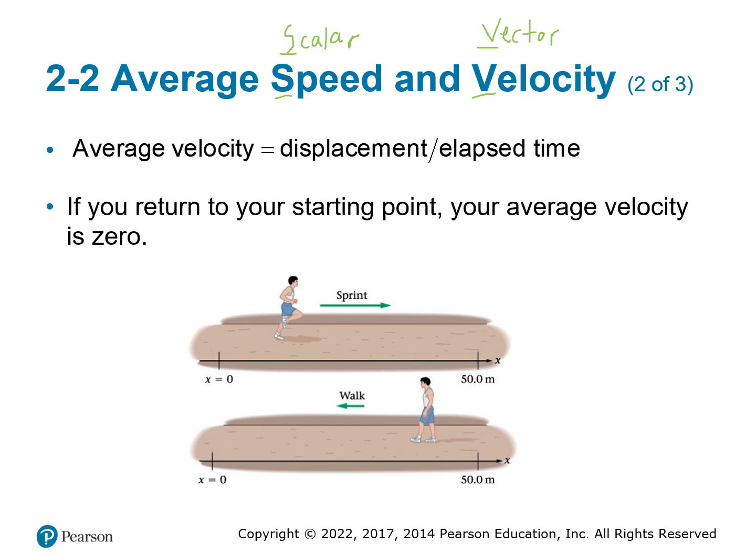And then this one always gets students confused. If you start and end in the same place, you started at your house, you ran to your friend's house, and you ran back. If you started and ended in the same place, your displacement is 0. Therefore, your average velocity is 0 because you have no change in displacement. Remember, displacement cares about where you start and where you end. So if you started and ended in the same place, it's kind of like you didn't move.